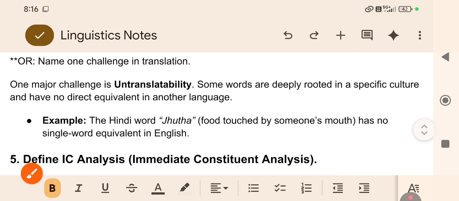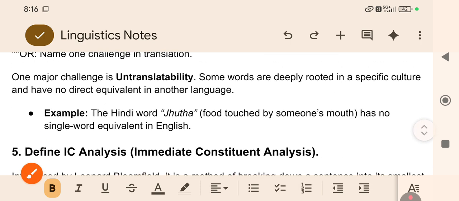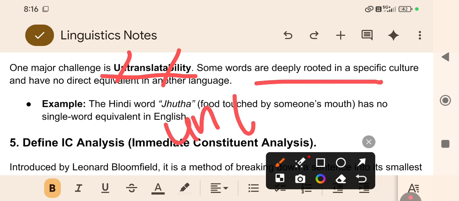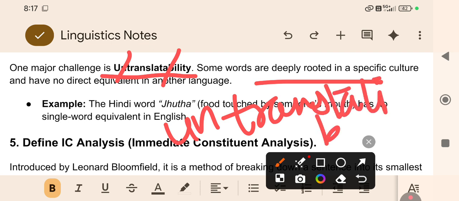Now next is: name one challenge in translation. What's the challenge in translation? Untranslatability. That is, some words are deeply rooted in a specific culture. Untranslatability, right, means not able to translate. Because some of the words are deeply rooted in a specific culture